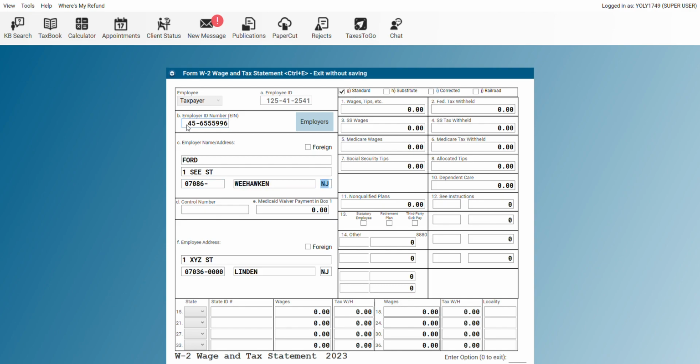In Weehawken, New Jersey. The wages that they earned were $10,000. They withheld $1,000 worth of taxes. If they're a New Jersey resident, always fill out the New Jersey part first. Get the EIN for the New Jersey side